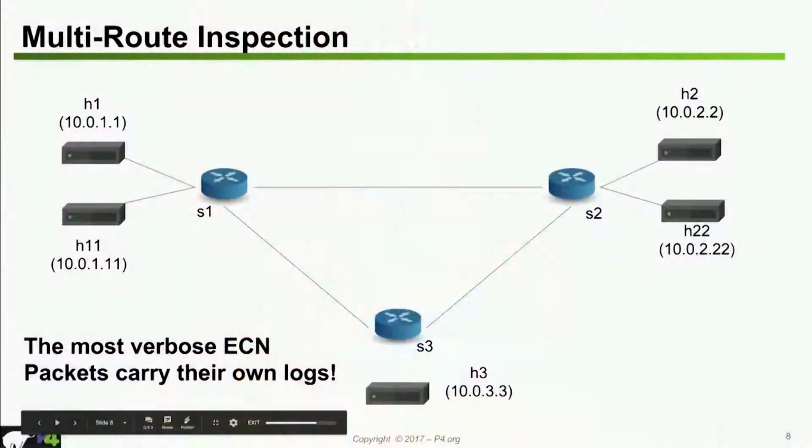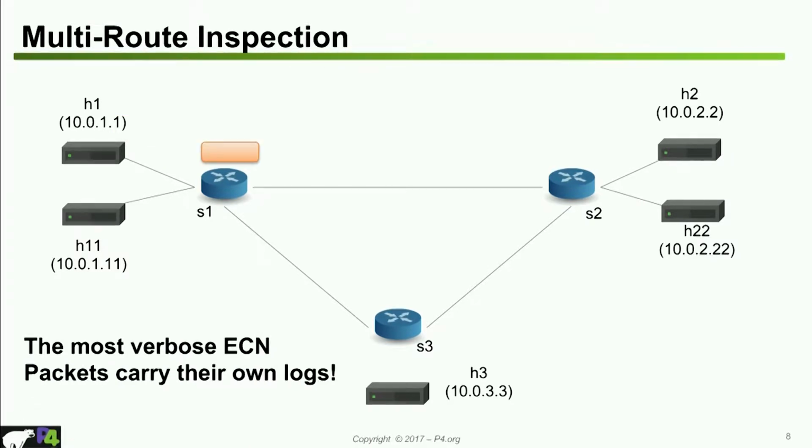So it would be great if we had some way for each switch to put something like a statistic record, if you may, on the packet to tell us exactly what happened to the packet when it went through that switch. So for example, as the packet was going from H1 to H2, when it was at S1, S1 could put something on the packet that says, well, the packet was at switch S1, and here is the queue depth that the packet experienced. Or any other statistics that the program is interested in, but for the sake of our exercise, we're just using